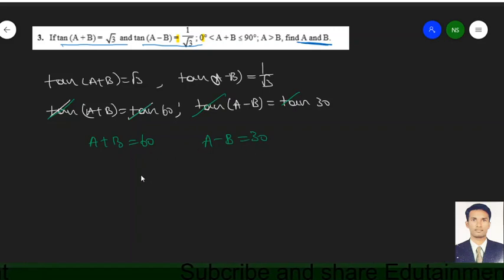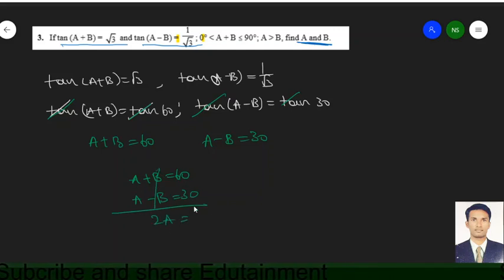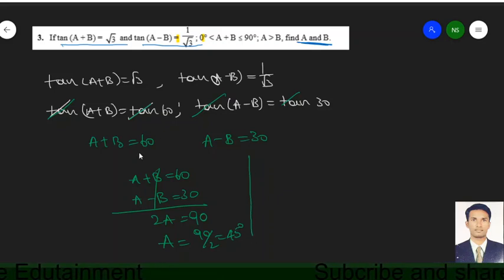If I add these two equations, a plus b equals to 60 degrees, a minus b equals to 30 degrees, if I add these two, b cancelled, a plus a is 2a, 60 plus 30 is 90. Then from that I can write a is equals to 90 by 2, which is 45 degrees. Okay, now by using this a value, I know a plus b is equals to 60 degrees and a value 45 degrees. If I substitute, 45 plus b equals to 60, b is equals to 60